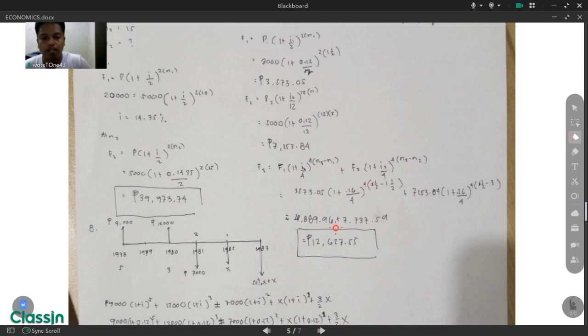So we have (1 plus 0.16 over 4) raised to the power 4 times (3 and 1 half minus 1 and 1 half). This is the end of the first frame, plus 7,153.84, the future worth of the second frame, times (1 plus 0.16 over 4) raised to the power 4 times (3 and 1 half minus 3). Which yields the result of